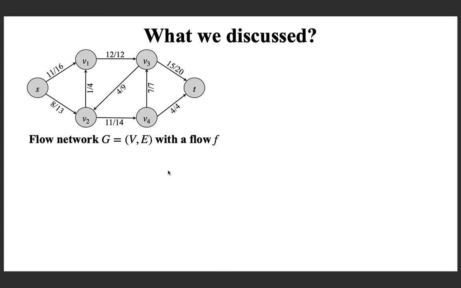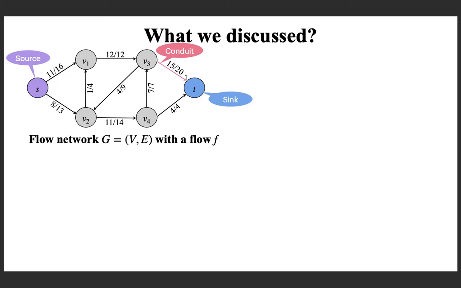Here is a flow network given with a flow F, and in a flow network there is a source vertex which produces materials to be transported and which is assumed to have enough capacity to produce any amount of materials that the network can transport, and the materials are transported from the source to a destination called sink, and the materials are flowing through